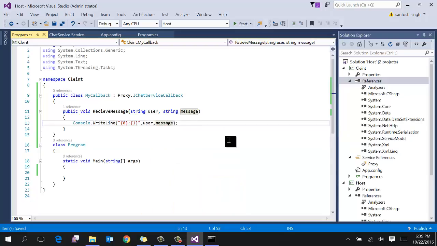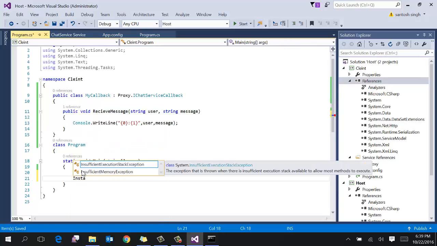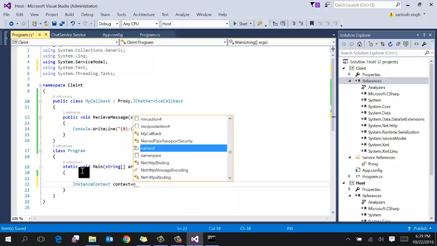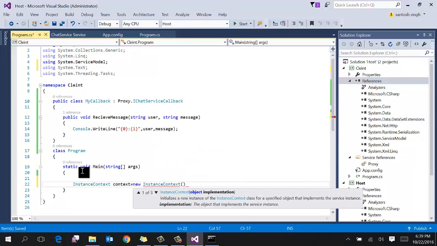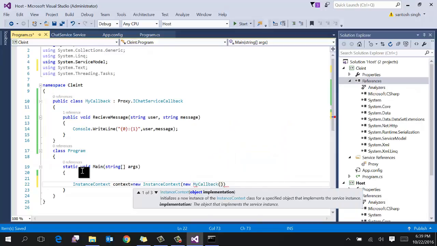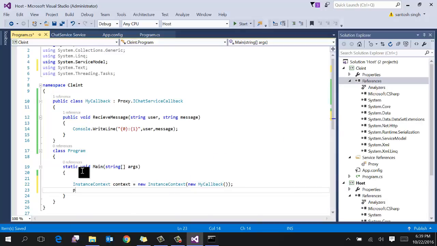Now get the instance context and pass the callback implementation, MyCallback. Now create the instance of the proxy ServiceClient, server equal to new, and pass the context.